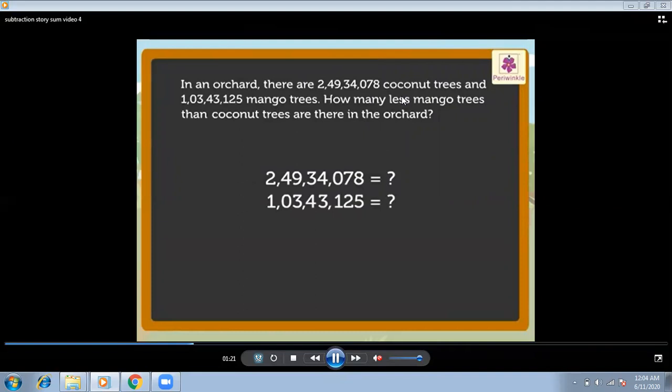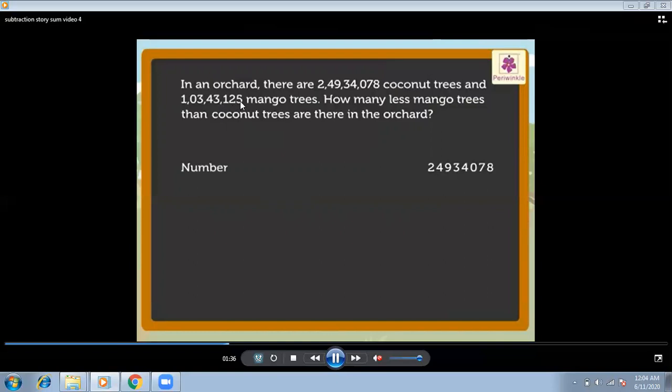Okay, so as I told you, you will write the bigger number upside. So here 2,49,34,078 we will write on the top, and the next number 1,03,43,125 below that number. And again, the 3 steps. The bigger number upside. Don't forget to write the place value on the numbers, and you have to arrange the numbers according to the place value in the respective column, so it will be easier for you to subtract the numbers. And the third one was